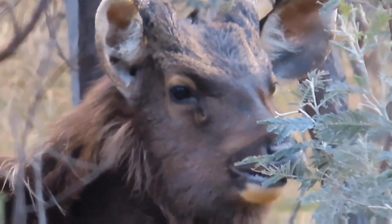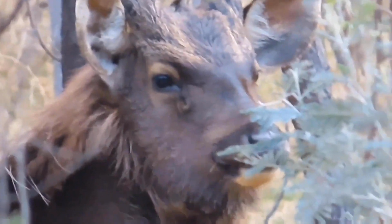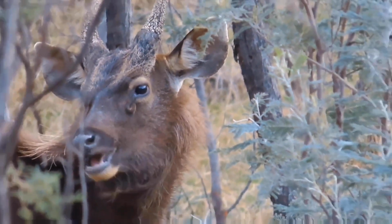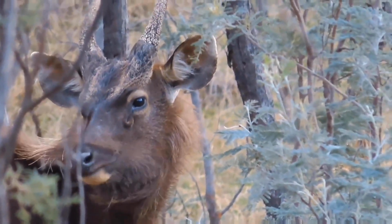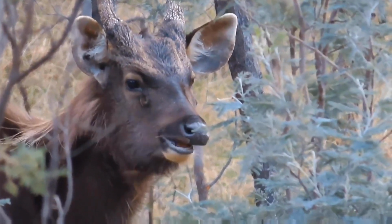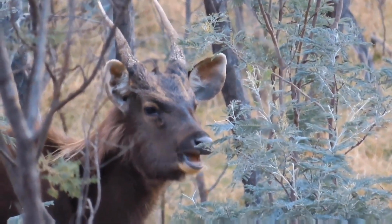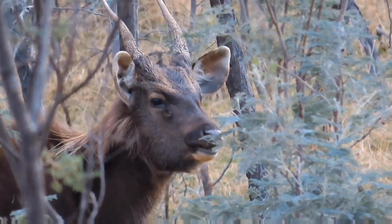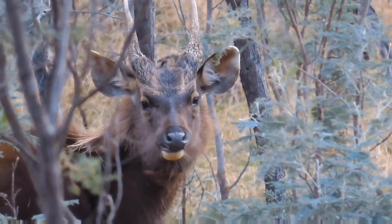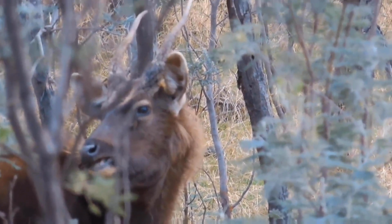And yeah, it was just wonderful. Like they're so big and they're so magic. I just love it. And you can just see the giant big ears on these things. They're like giant radar dishes, and they can pick up sounds so easily. And that giant big nose that he's got, they have such amazing senses of smell. And it's funny because he's looking straight at me at the moment, and I'm only 10-15 meters away, because